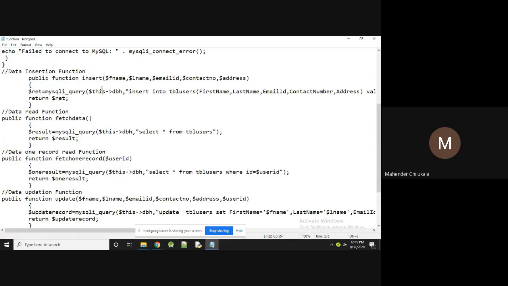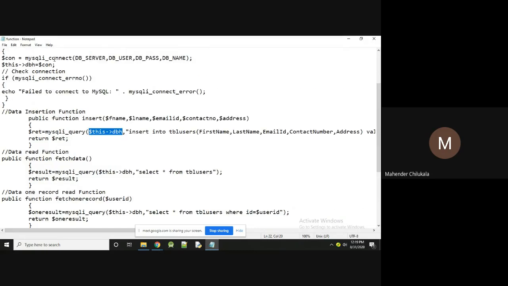Insert record first. The insert function takes $fname, $lname, $emailid, $contactnumber and $address. These values are fetched from the form. And $ret is equal to mysql_query. Here we are executing one query with the help of mysql_query, and this is a connection, mysql_connect.